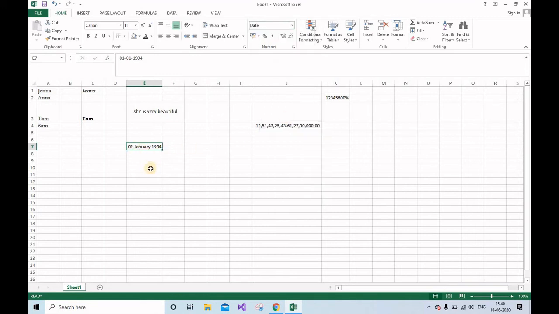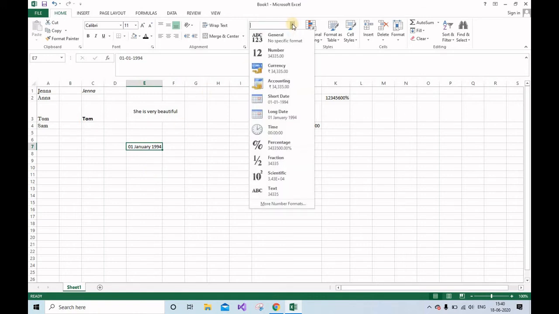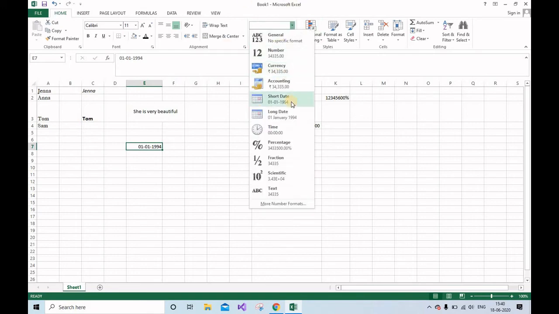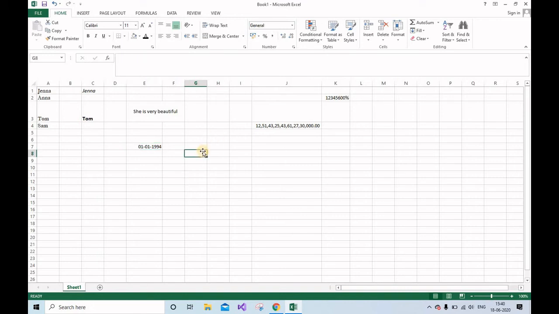See, now it has been written as 1st January 1994. Previously we had written 01011994. So likewise you can change the formats of the dates as well as the format of numbers, fractions, percentage, time also. How will you change the time?